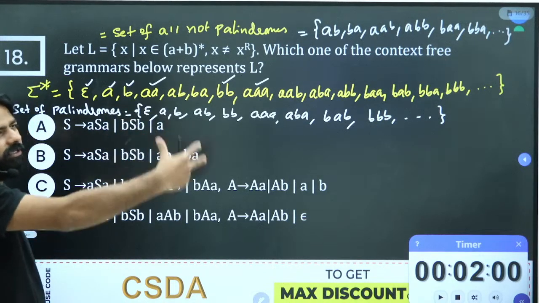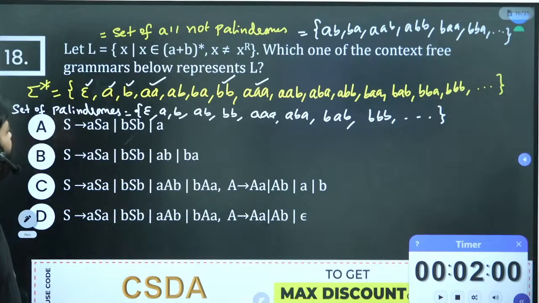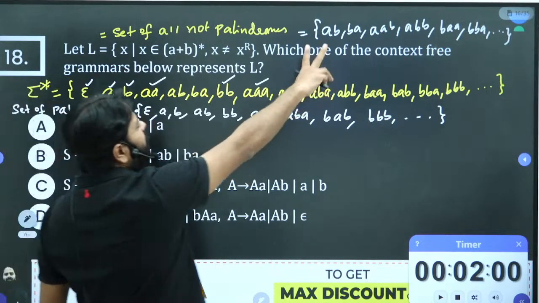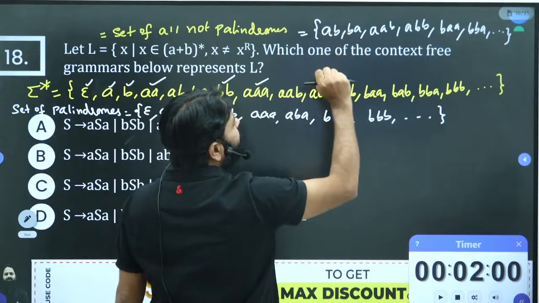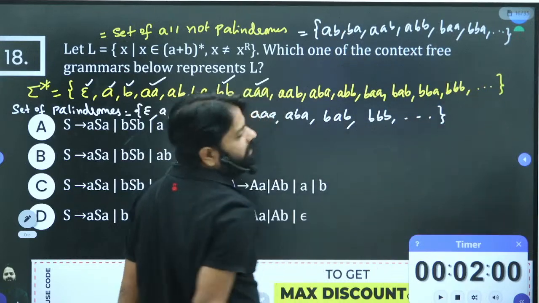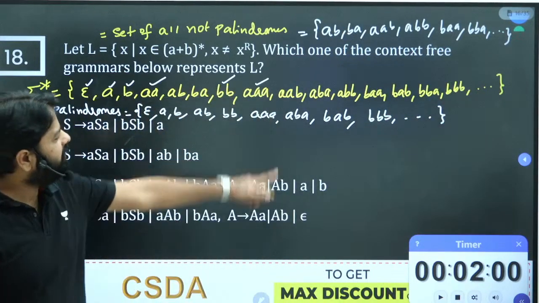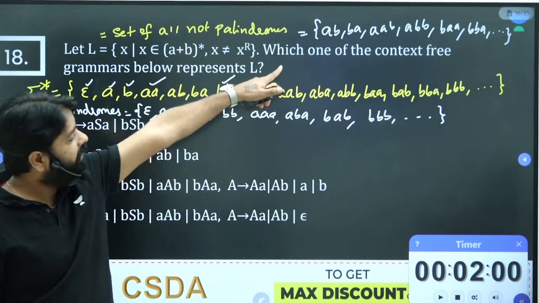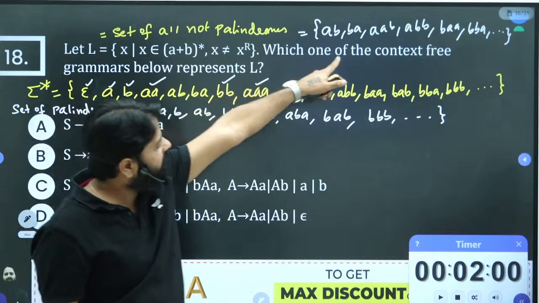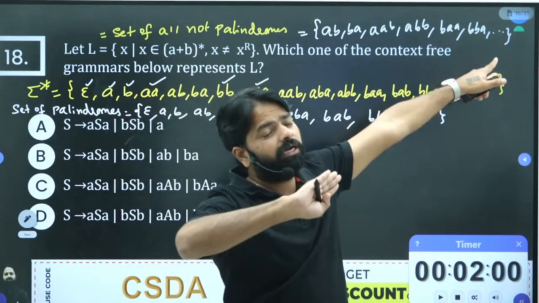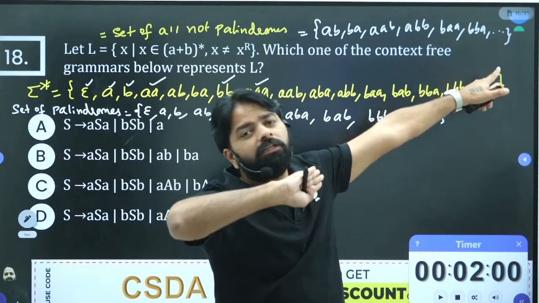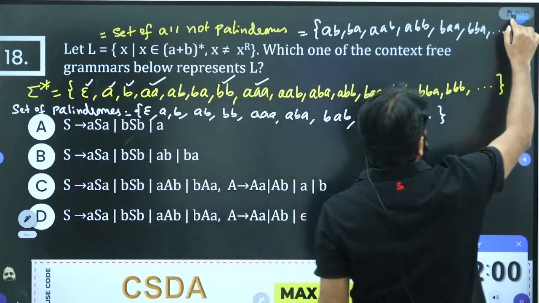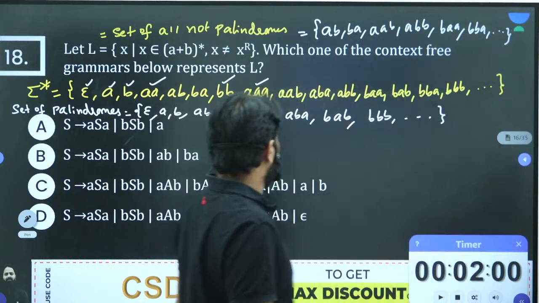I'm just explaining and writing, so it takes a lot of time. Now, if you know this, up to 2 length, this 2 should be generated. In the 3 length, this 4 should be generated. Whichever the grammar does exactly the same and none other up to 3 length, only this string should be generated, and whatever other strings there are up to 3 length should not be generated. Okay, let's look at it.